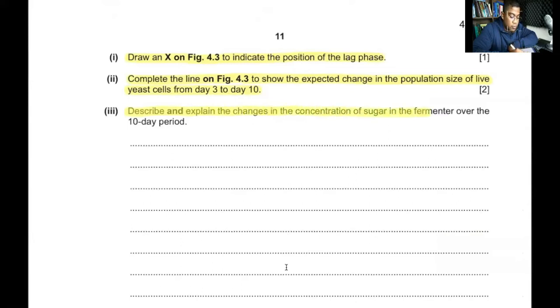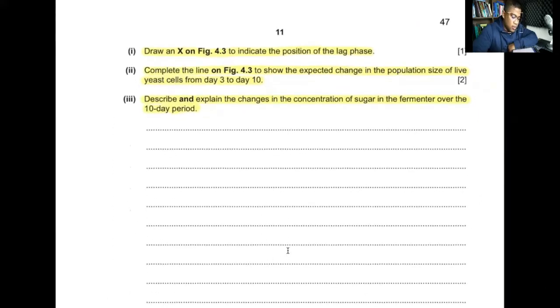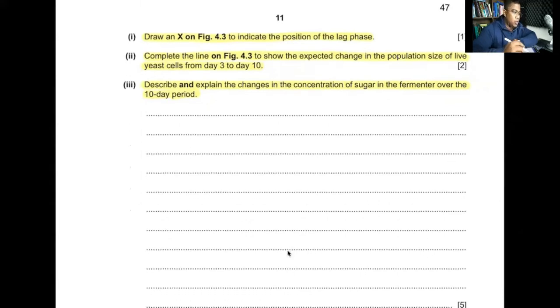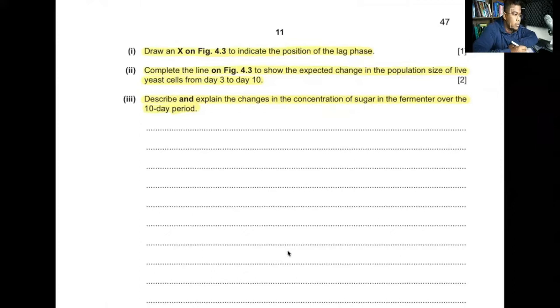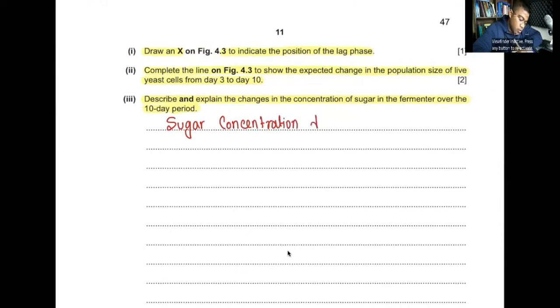Describe and explain the changes in the concentration of sugar in the fermenter over the 10-day period. Okay, so we must describe and explain the changes in the concentration of sugar in the fermenter over the 10-day period. So first of all, description. We know that sugar concentration decreases faster between day 6 and day 9. So we're going to mention that. Between day 6 and 9,